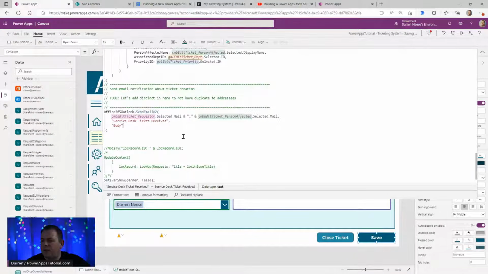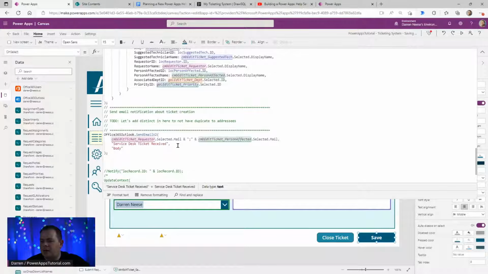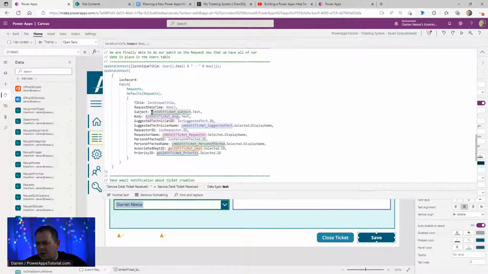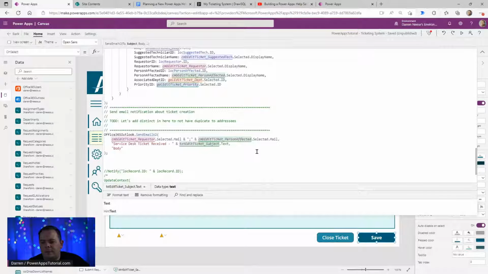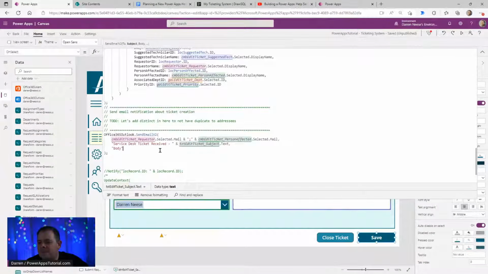Okay. And then for the body, you know what we could do here is put a little dash, and we could go up here and grab whatever is in this subject line. We can put that in there. Okay, so a little short description also appears in the subject line for the email. And now for the body,